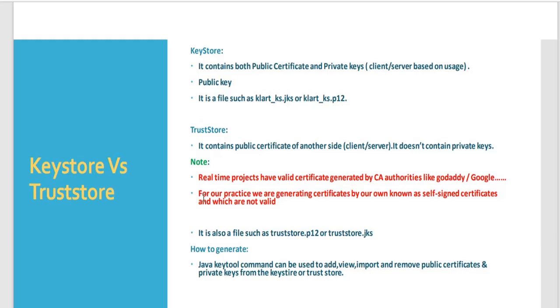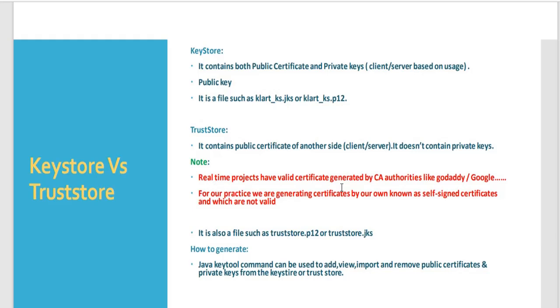Those are not valid. What I meant was, in a real-time project, if you are working for any company, you are not going to generate all these keys on your own, because this is on our system. We cannot generate key stores or anything, because those are related to the project. They should be valid, secured, and issued by certification authorities.